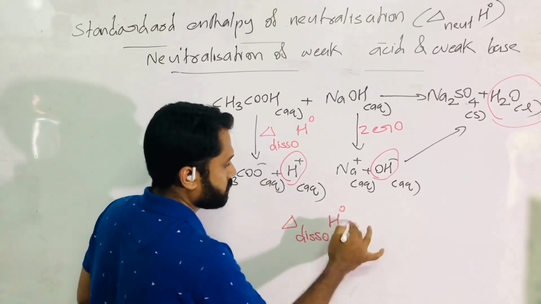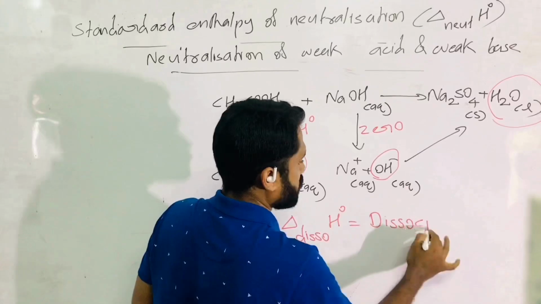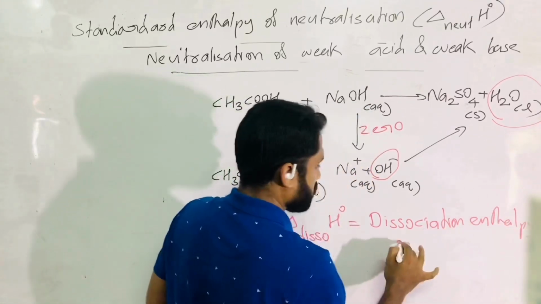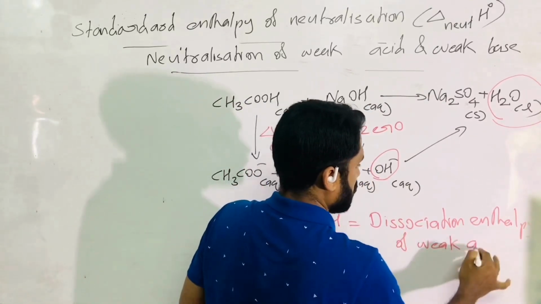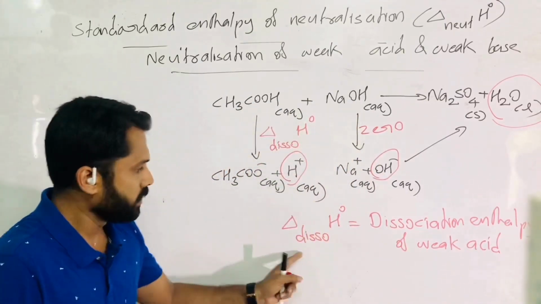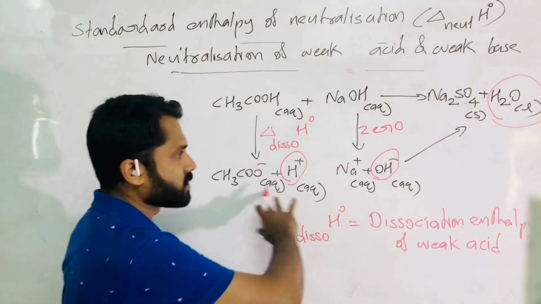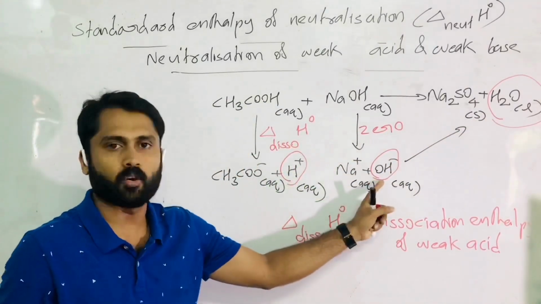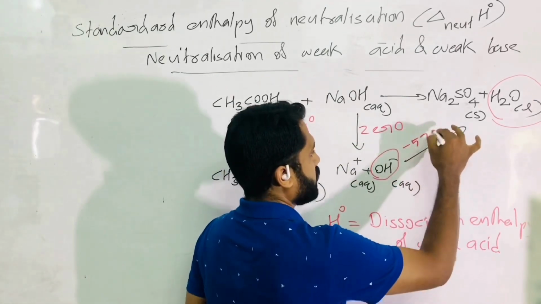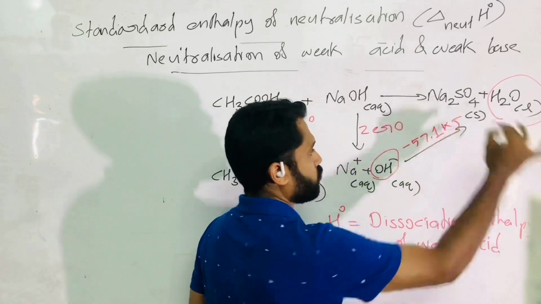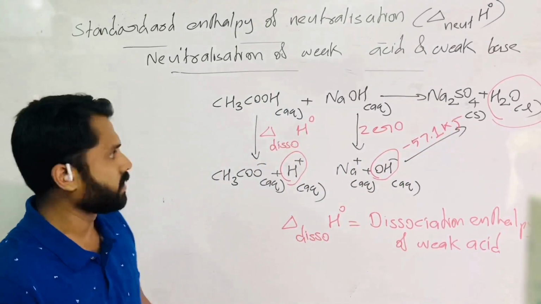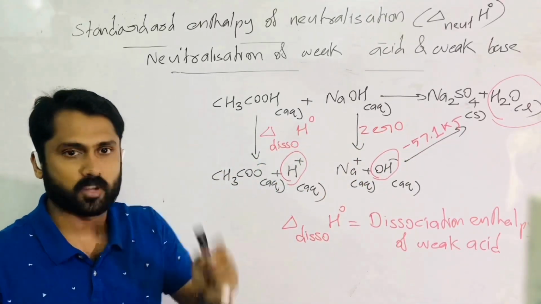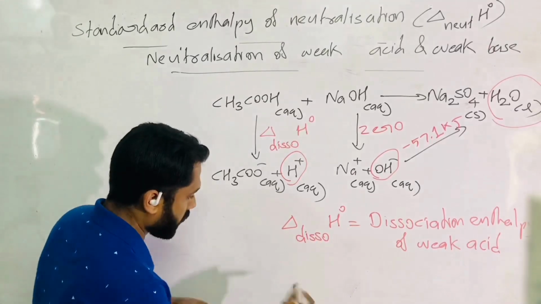That energy is represented as dissociation enthalpy. What is it? Dissociation enthalpy of weak acid. Of course, a base can also be weak. Dissociation enthalpy of weak acid. The second step is common. What is the second step? 1 mole H2O liquid is formed by combining H plus and OH minus. Its value is minus 57.1 kilojoule. So, the neutralization enthalpy of this reaction cannot be minus 57.1. By applying Hess's law,